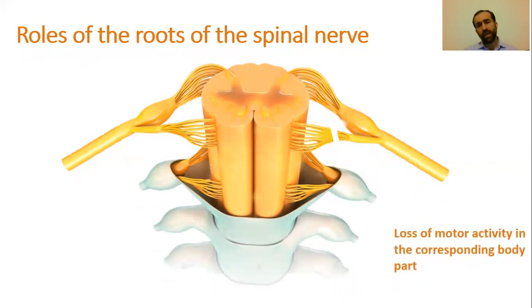When we cut it, we have a loss of motor activity in the corresponding body part. So in these experiments, we found that the spinal nerve is motor and sensory at the same time. It has a dorsal root that is sensory, and it has a motor root that is ventral, on the ventral side